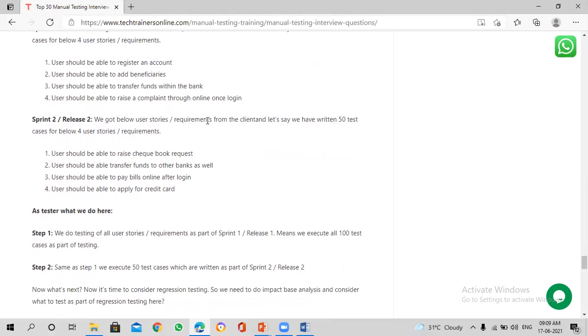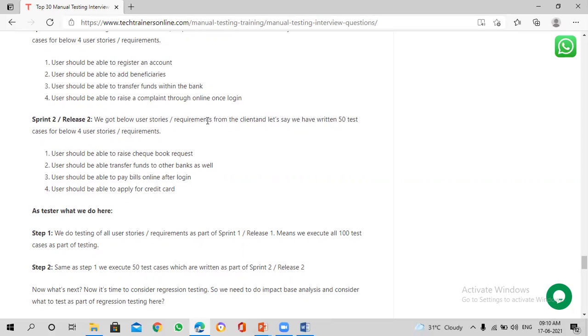So why does it play the major role in Agile? Because every sprint you will have 2 weeks or 3 weeks of time. So every 2 weeks or in a month, the developer keeps on adding code or modifying the code every time. They keep doing that. So you need to do impact-based analysis and make sure you thoroughly do the regression testing for every sprint.